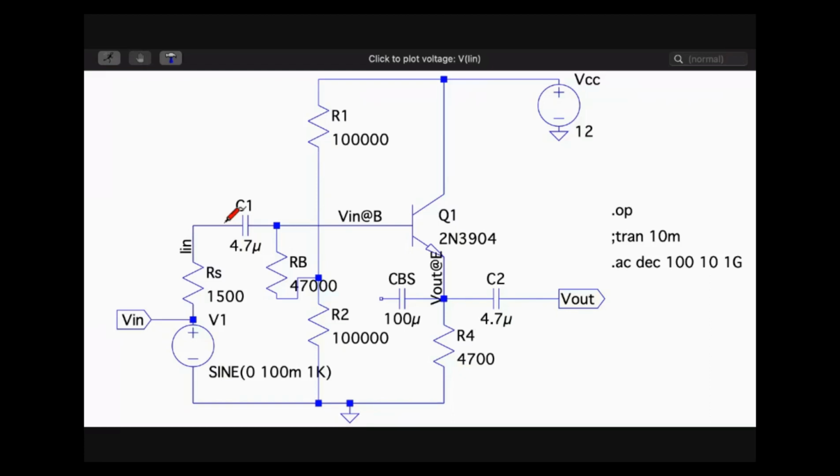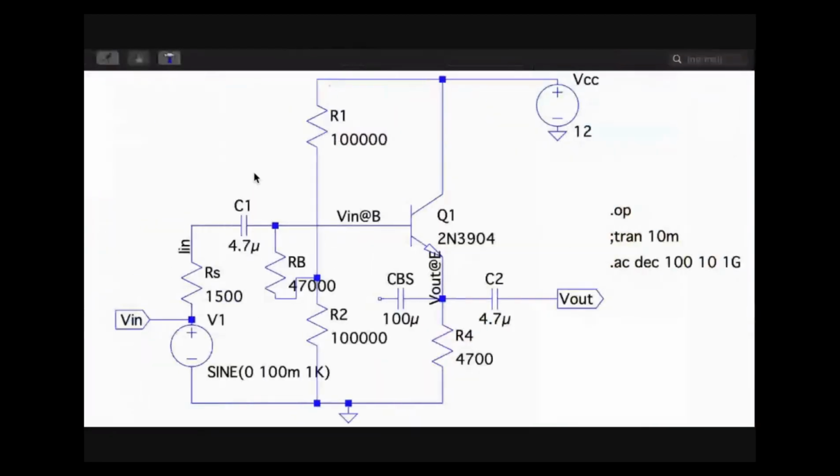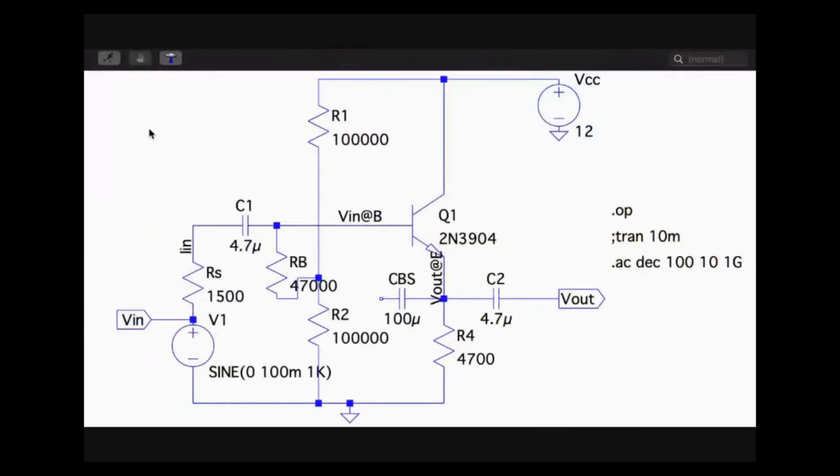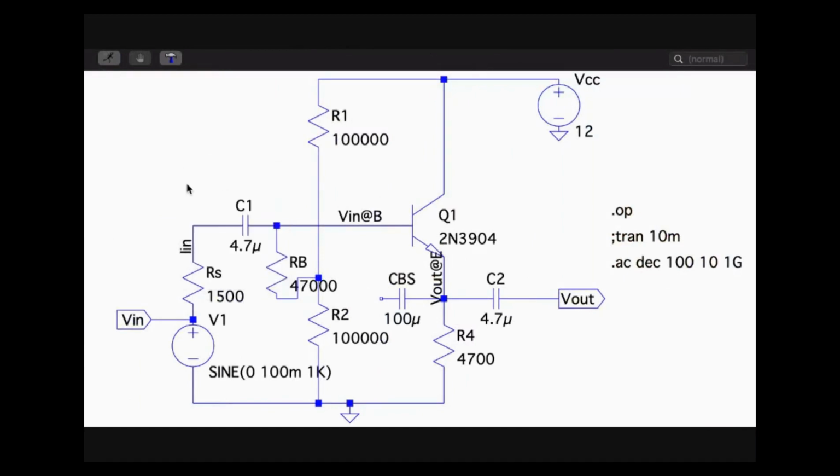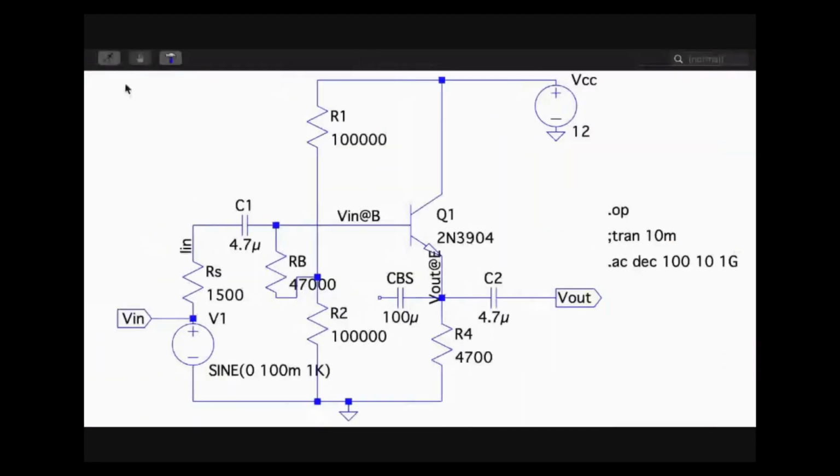So I'll just perform the AC analysis, and I'll click on the current which is flowing through this.